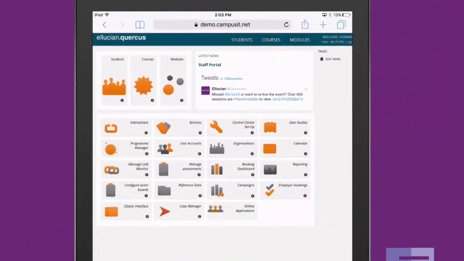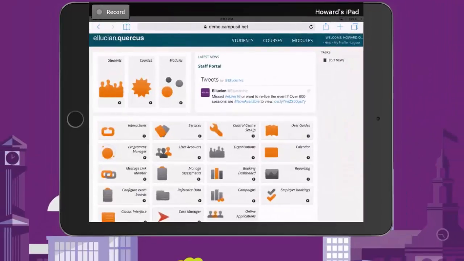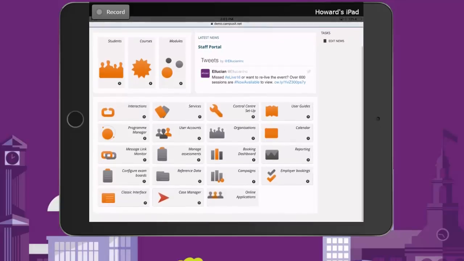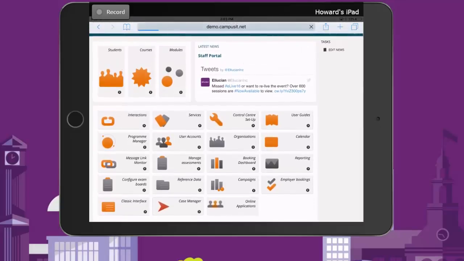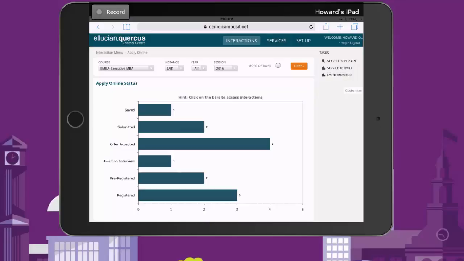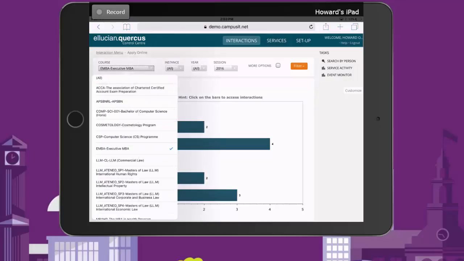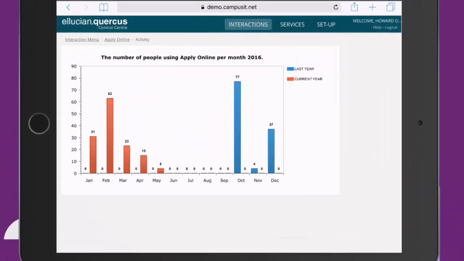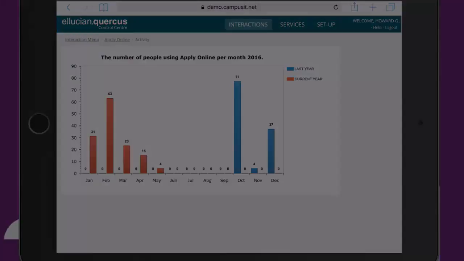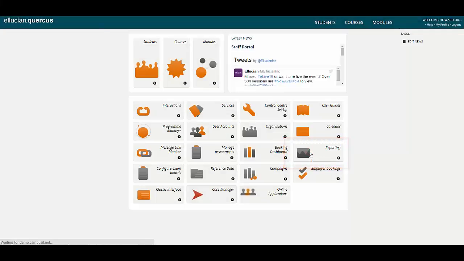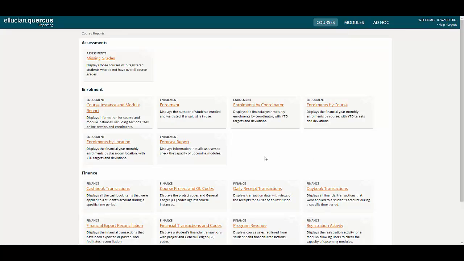Quercus is also fully responsive, so it will adapt and respond to the user's device. Staff members, as they navigate from one meeting to another, have access to the information that they need anytime, any place, anywhere. Quercus has a suite of operational reports to help you run your business, so it's easy to get